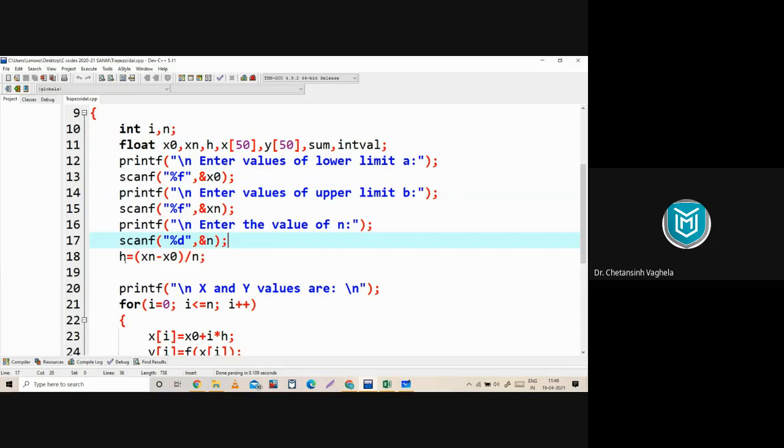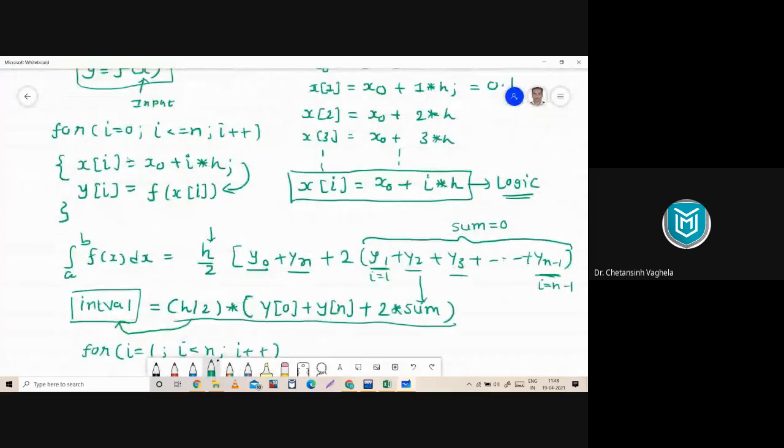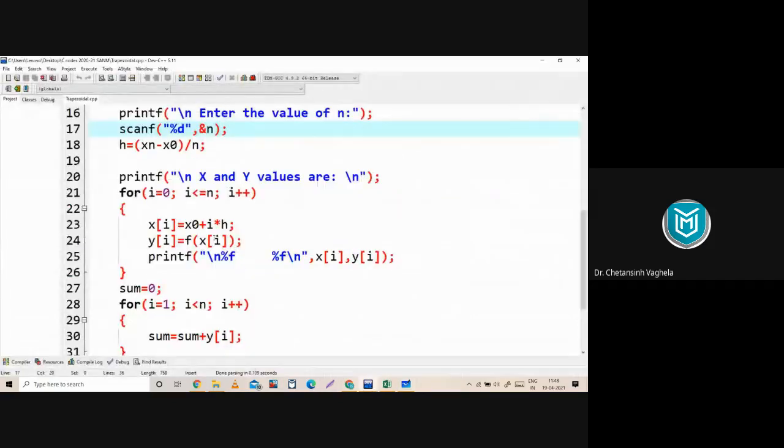Next, we need to generate the x and y values from the logic which we have discussed on whiteboard. So as you can see here, what is the logic of x and y values? We can get the xi value from this, xi equal to x0 plus i into h. Right? And for i, the for loop will be running from 0 to n. So as you can see in your computer program, your for loop is running from 0 to n, and xi is given by x0 plus i into h. What is x0? x0 is the lower bound of your integration. Right? And these x values will be given as input in function f, so that we can get the y values. So your y values are given by yi is equal to f of xi.